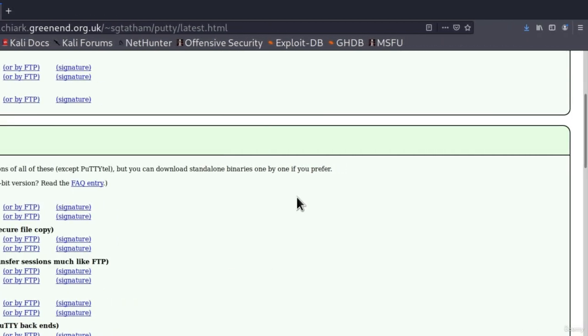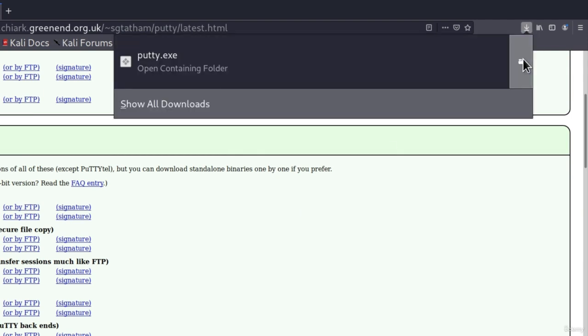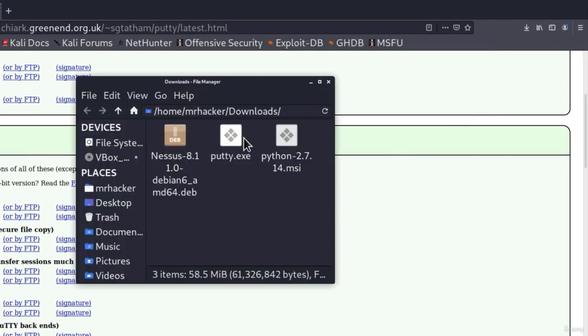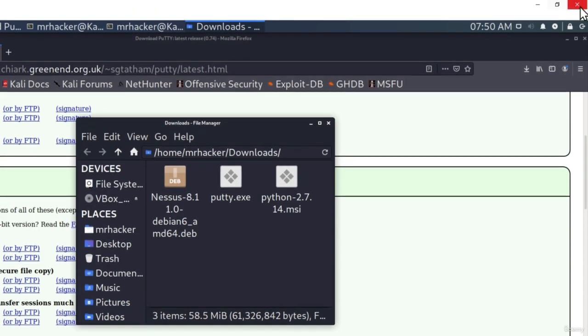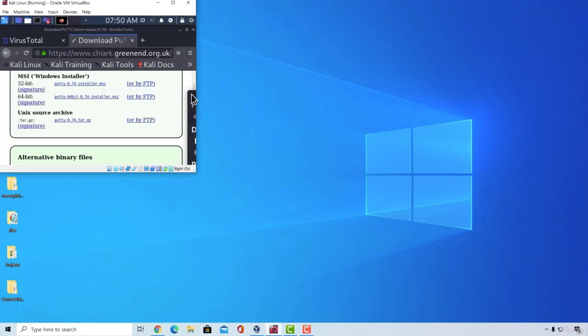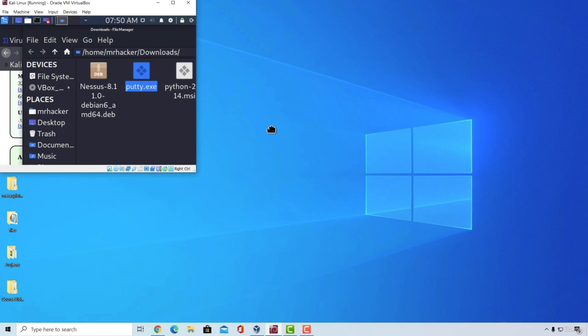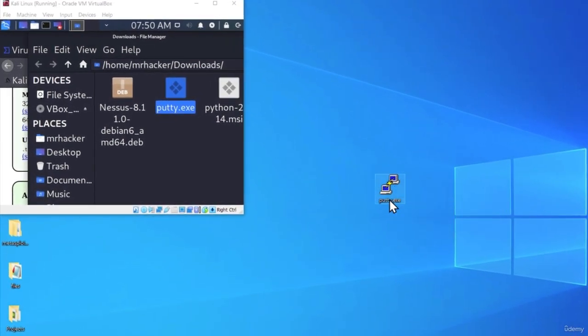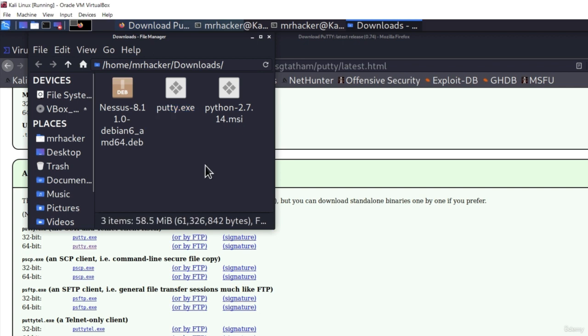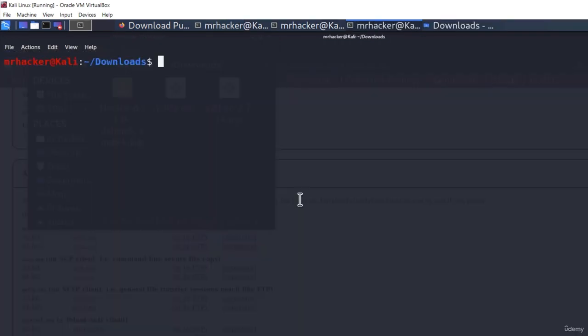Great, I will click on OK, and if I go right here, open the downloads folder, here I will have the putty executable. And just in case you don't know, on Windows, putty executable looks like this. So it has this icon and it is called putty.exe. Remember how it looks? Let me just delete it real quick, and I will open terminal in my downloads folder